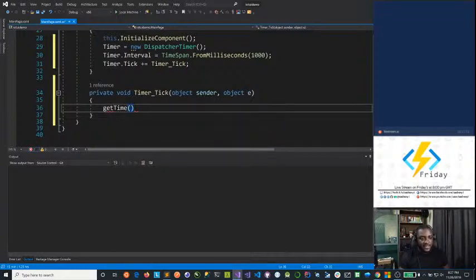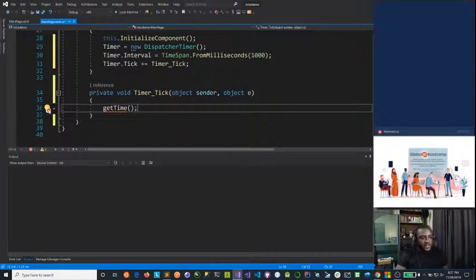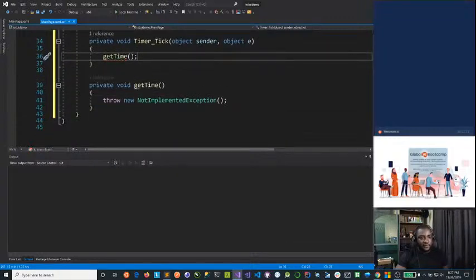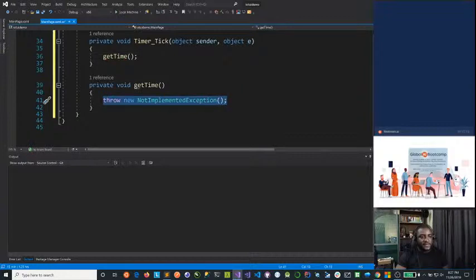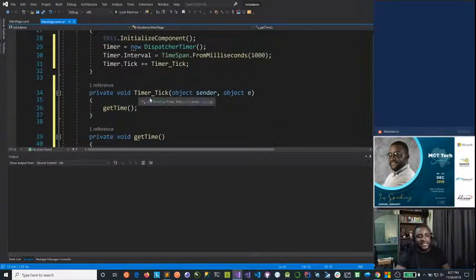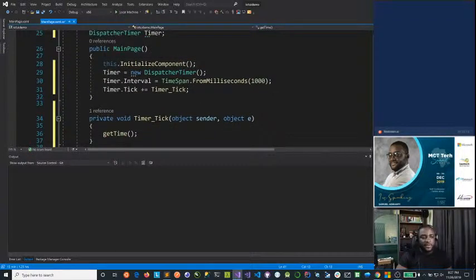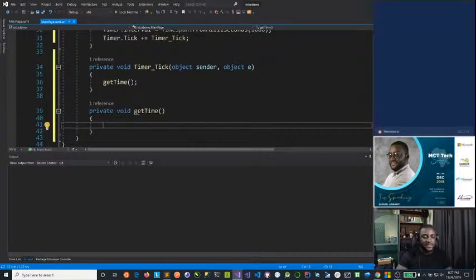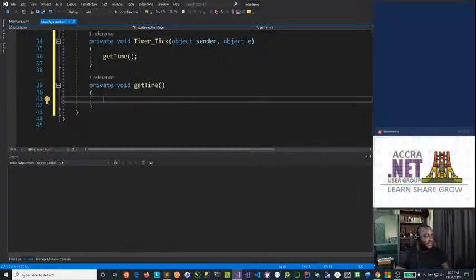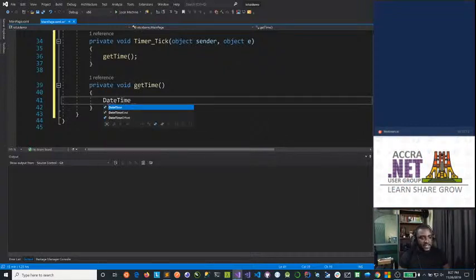I haven't created that yet, so don't worry. Thanks to IntelliSense, I can just click here and say create that. That's done for me. So anytime it ticks, what's the tick interval? Every second. So every second when this tick happens, we are calling GetTime. And what's the definition of GetTime? GetTime is quite simple. We're going to create a DateTime object called dt, which is going to be equal to